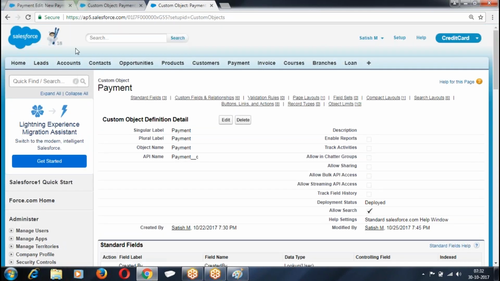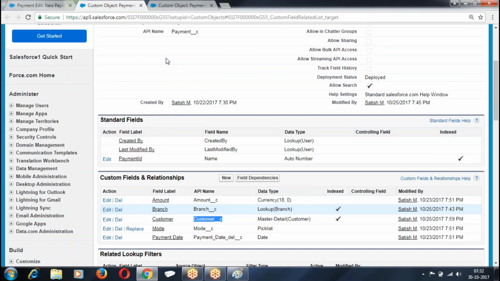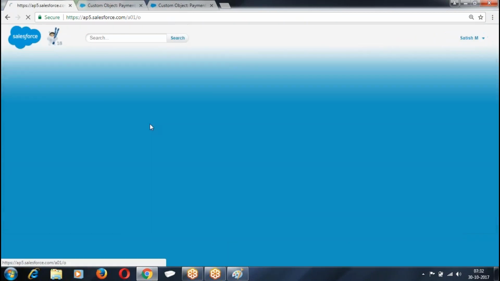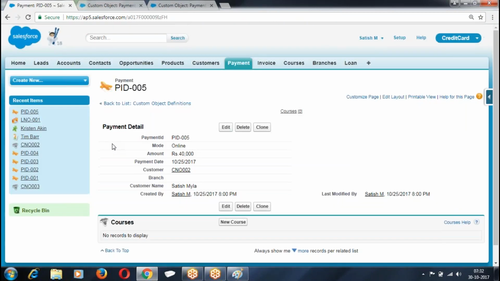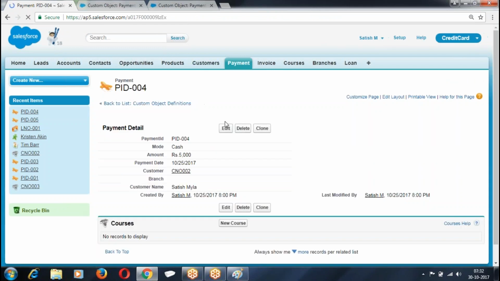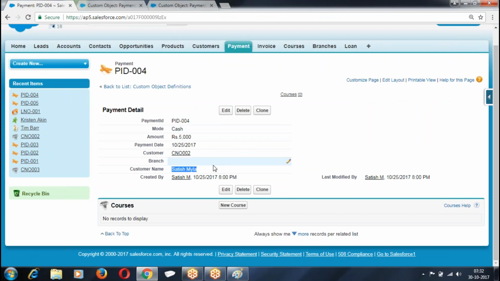So on every payment record, we are going to have corresponding parent data. So go to every payment record, you have customer data. Right, boss? This is how we are getting the data. Are you clear? So cross object formula is if the child wants to refer to the data from the parent, it may be used for printing or it may be used for calculation. Then we go for cross object formula. I hope I am clear.